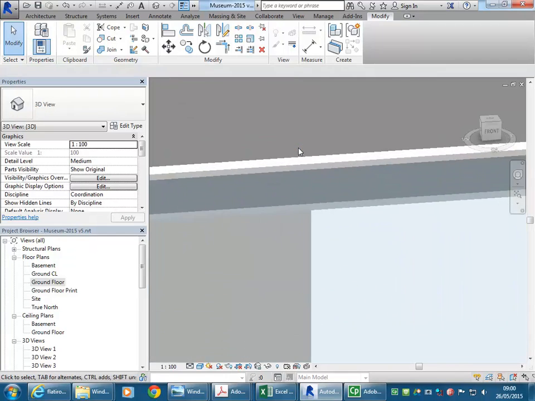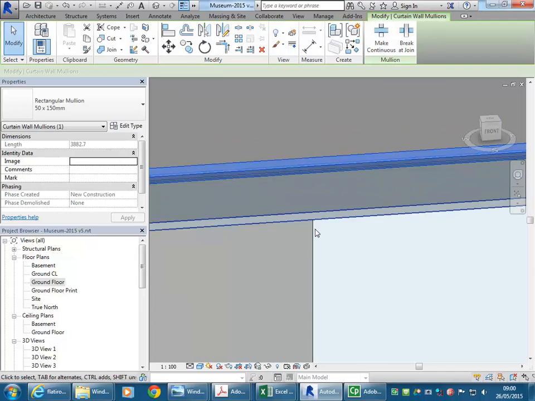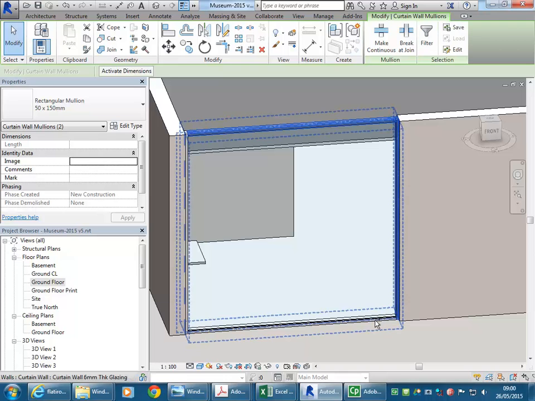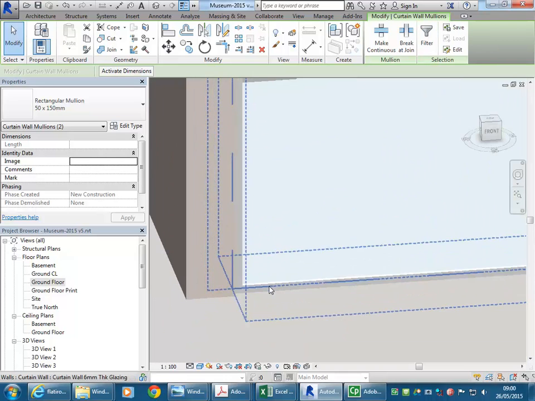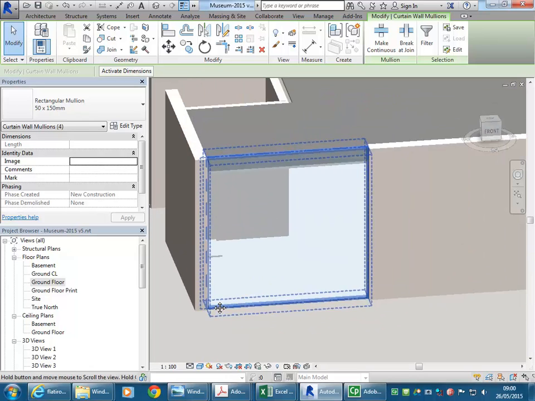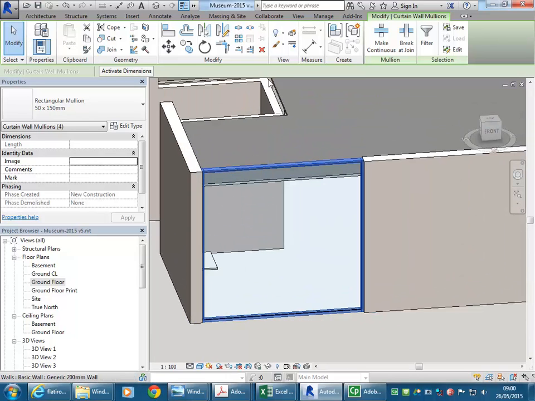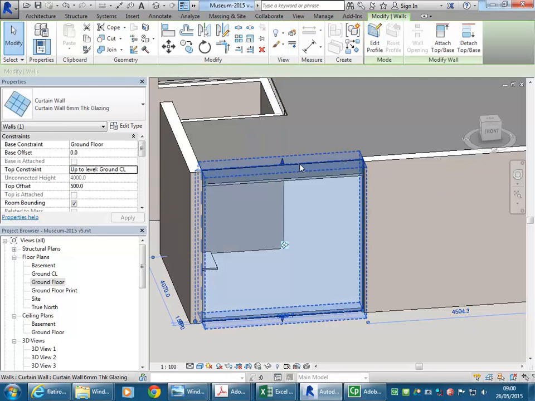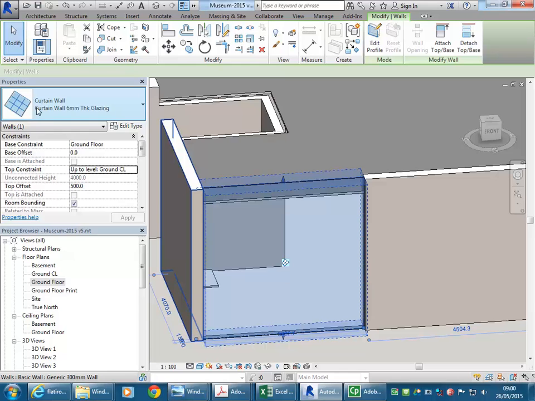But you can see as well that it's got mullions going around the outside, which I'm going to select. So I'm just using Control to select those, and then I'll delete them so that I've got just a plain sheet of glass. And so you might have used the curtain wall option there to create plain sheets of glass,